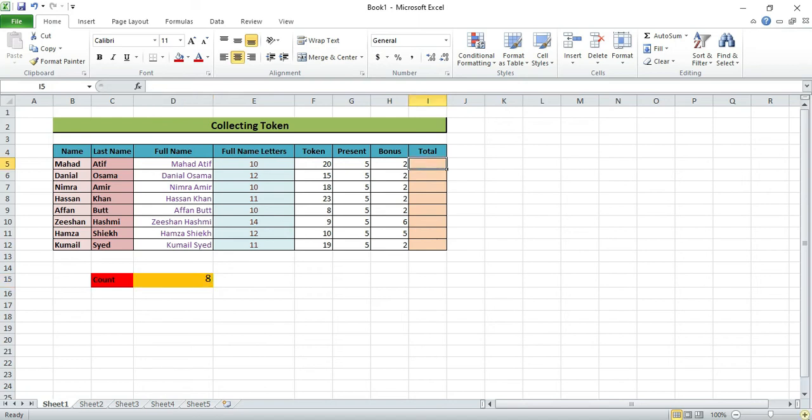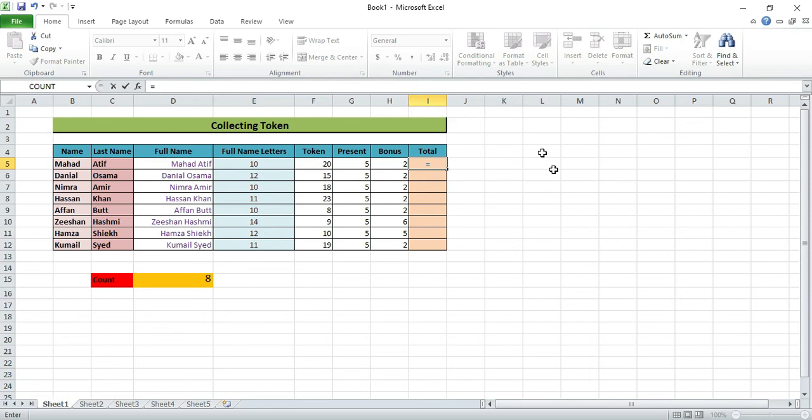Now I will tell you how to use the multiplication, addition and subtraction expressions. In this total column we have this value, and I already told you before how to make a formula. To use any function or formula we use the equal sign first.